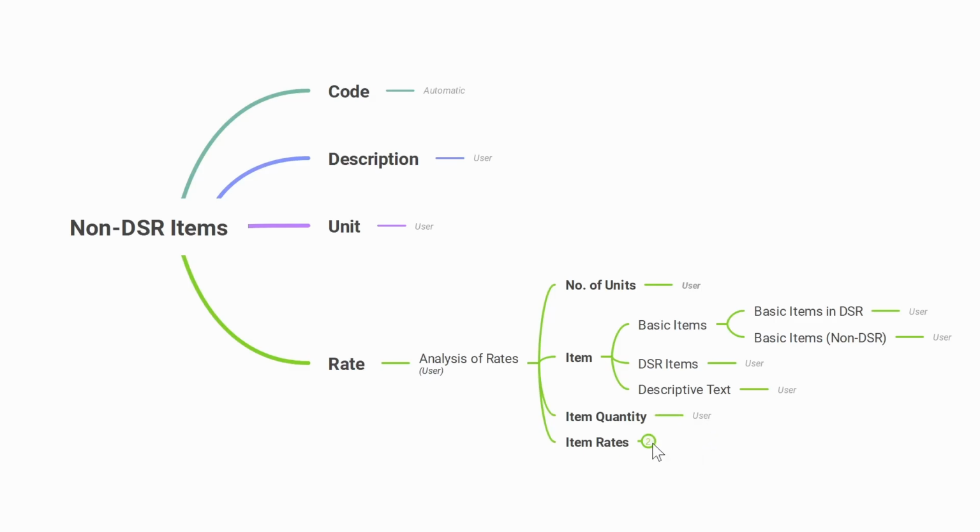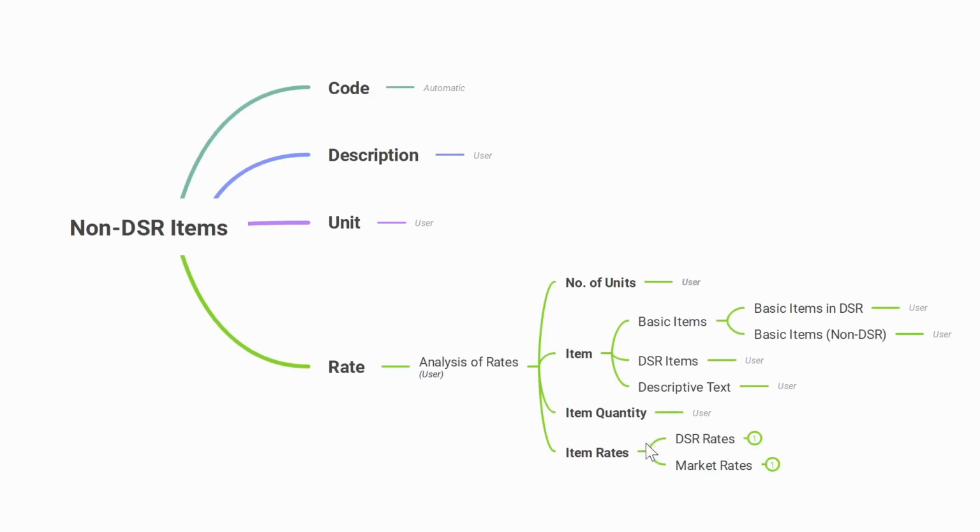And finally, we have the item rates itself. Now the item rates will be in two parts. So it can be a DSR rate and the market rate. Costimator gives you the comparatives of both. If you are selecting the basic items or the DSR items or the non-DSR basic items, all the rates are brought in directly. You do not have to mess up with that. But once you are done with providing the DSR rates, which are automatic, of course, you can go ahead and do the market rate analysis also, which will be provided by the user for each of the said basic items